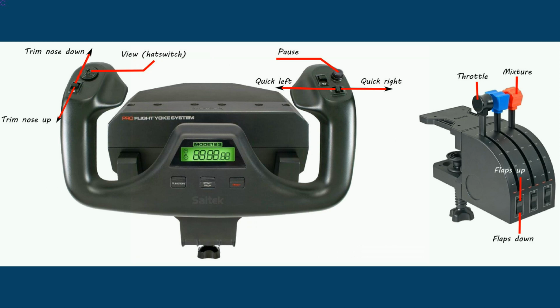Next, let's move to the right hand side. There is a nice round button that I use to assign the pause function. Very good. In the middle of a sim, whatever comes up, I can easily pause the sim. And another button that I use to assign is the rocker switch that goes left and right, and I assign